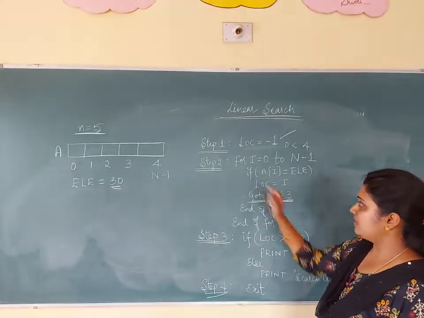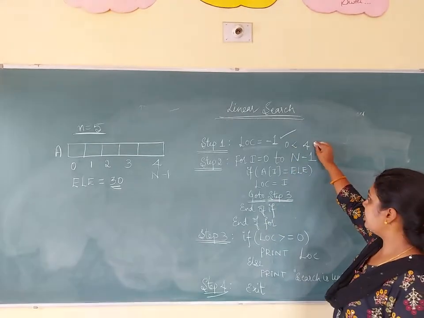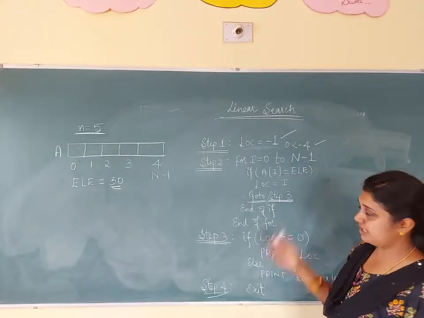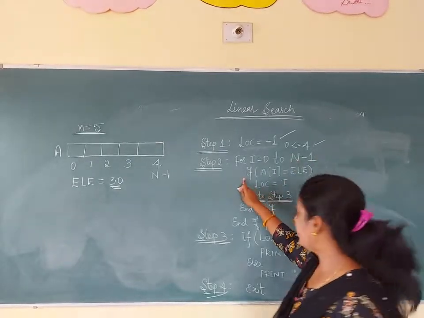Now come to the next concept. 0 is less than 4. Yes, the condition is true, or else you can take less than or equal to. The condition is true, so it will come here. Okay, if